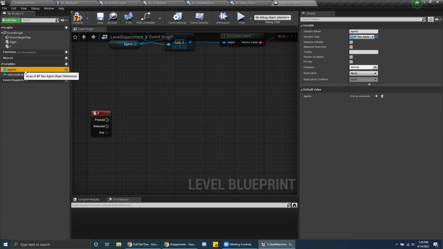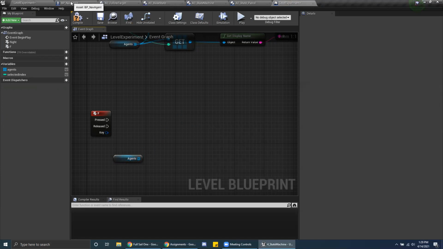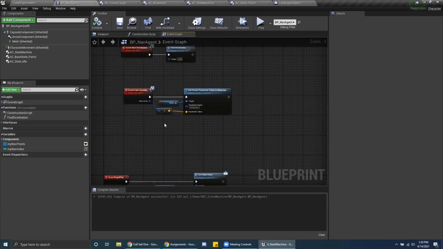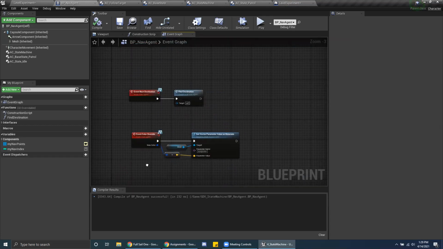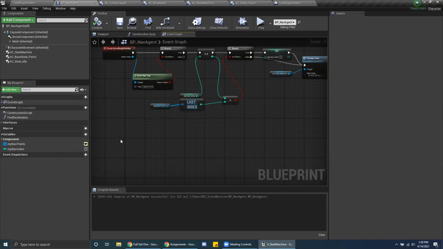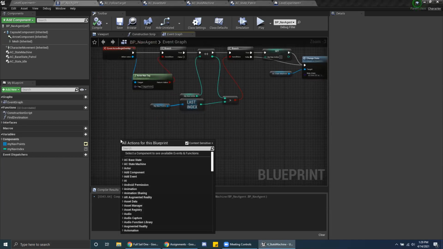Well, our level holds an array of these direct BP nav agent objects. So we can directly call any functionality from a certain nav agent straight from that. For example, our nav agent has just the two interface functions. But if we were to add a new event or something here,